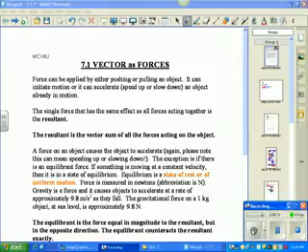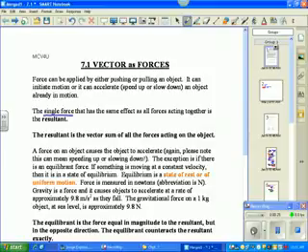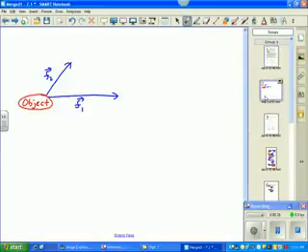So there is one single force that has the same effect as all of the forces acting together on the object, and we call that the resultant. So for a quick example, I'll take you over here. If we have an object and it has one force acting in one direction, another force acting in a separate direction, the resultant force is what we would call,